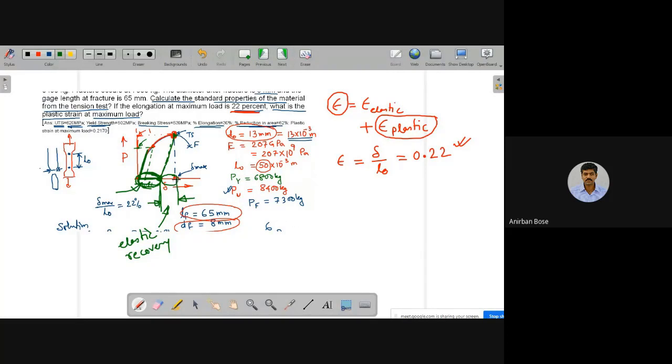Okay, so let us first, we know the total strain. Let us try to find out the elastic strain. We'll subtract and we'll find out the corresponding permanent strain. So how can you find out this particular strain? It is very simple. Just look at this diagram. This is a triangle, right? And what is this slope? This line is exactly parallel to the initial line, so the slope will remain same. So this slope is nothing but the modulus of elasticity.